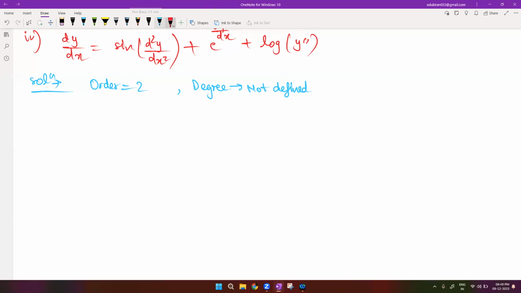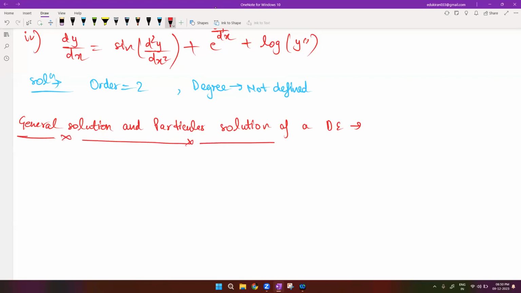So we are starting with this topic, general solution and particular solution of a differential equation, right? So first understand it through an example first. Let's take